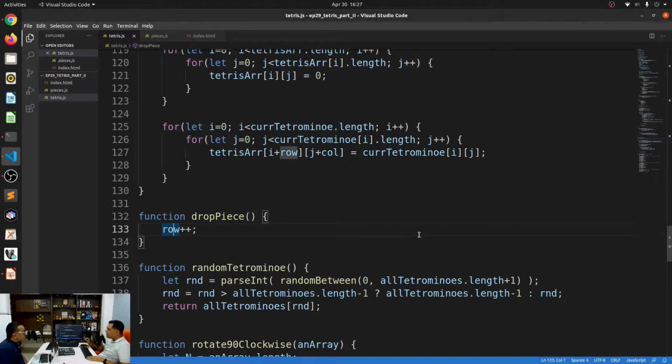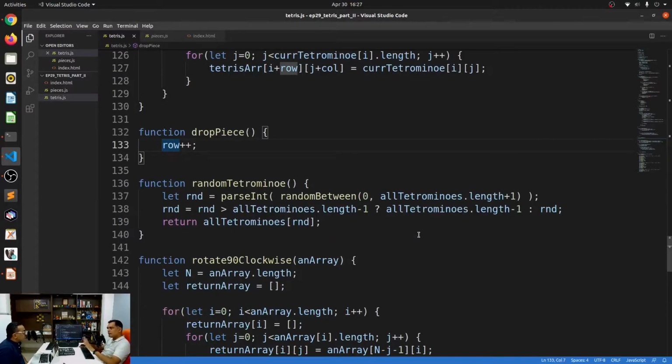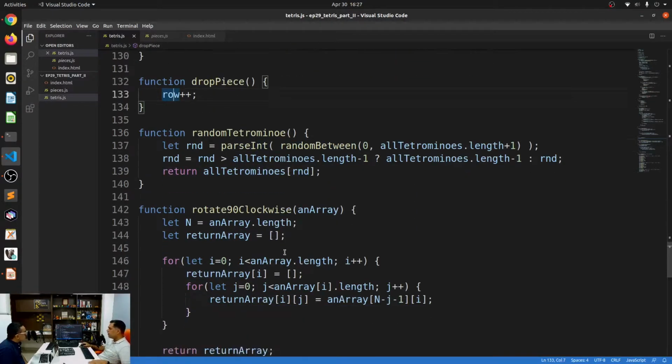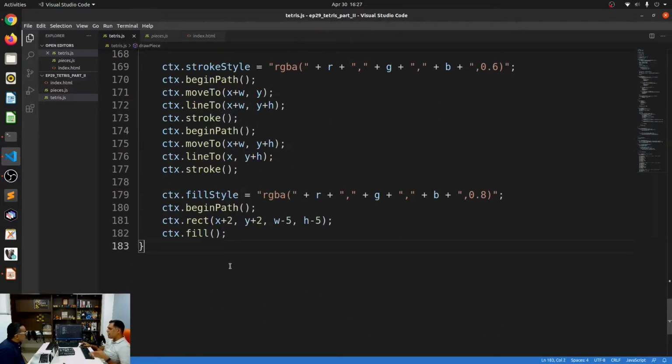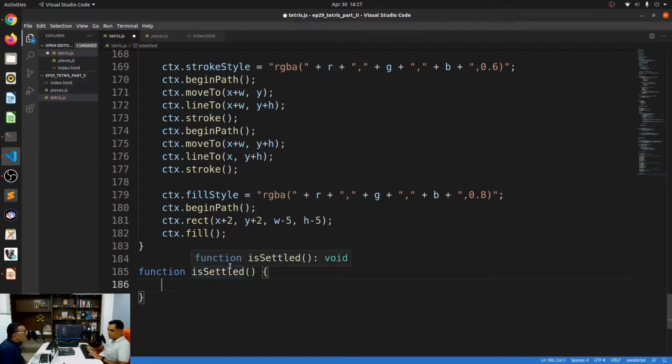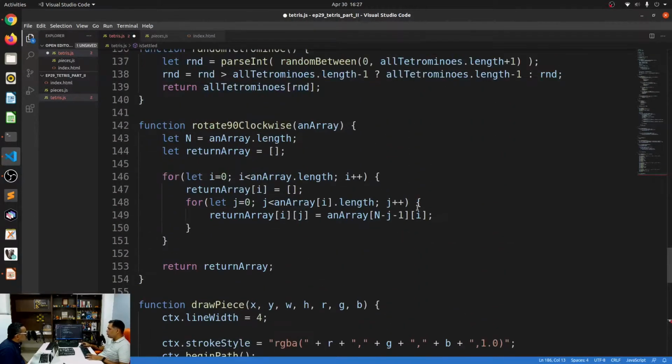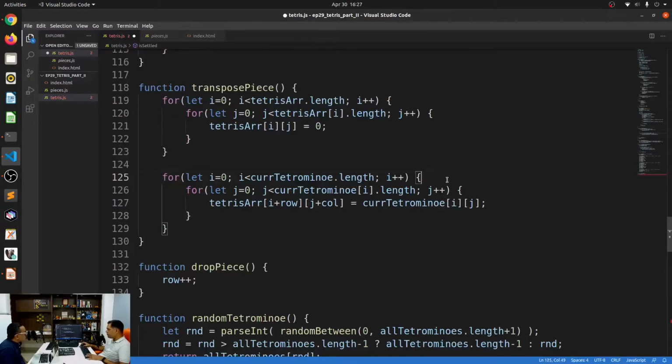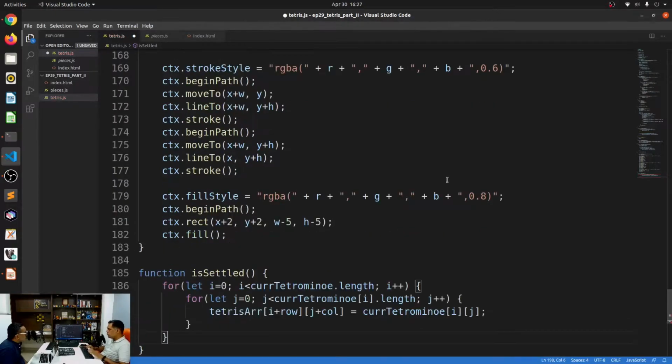It needs to check if a dropped piece has finally settled, okay? And the best way to handle that would be through a function. So I'll just say function, and let's call it is settled. How do we know if it is settled? I can just say for, it's the same loop that I'll have to do, so let me just copy it from here. I'm just copying this for the loop, for nothing else. The condition inside would be completely different.